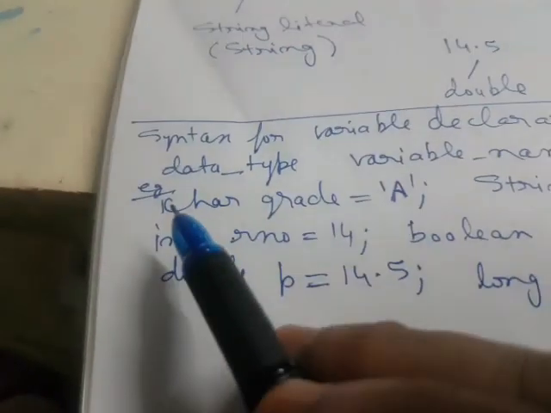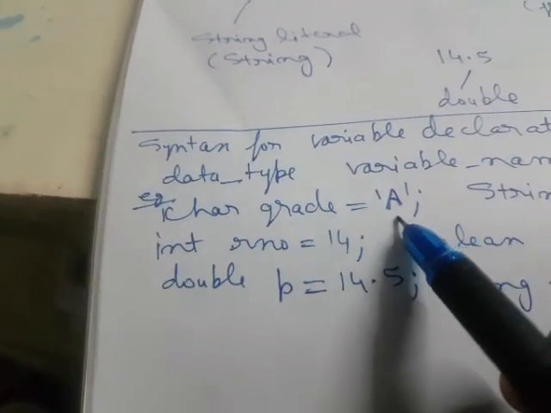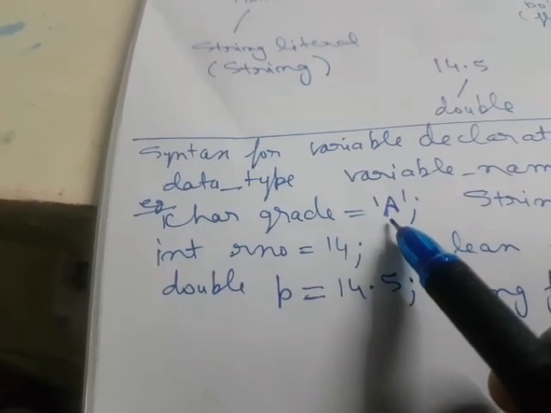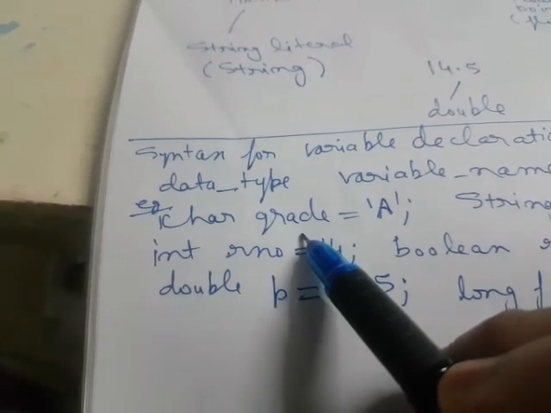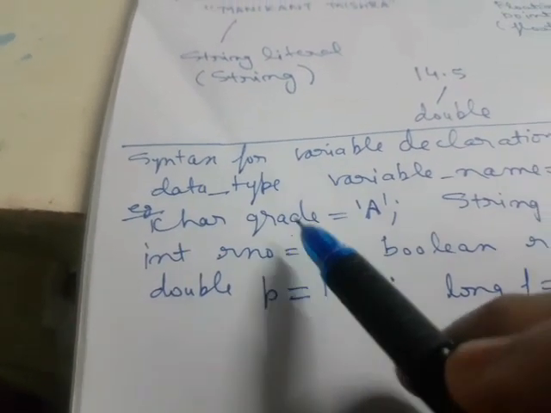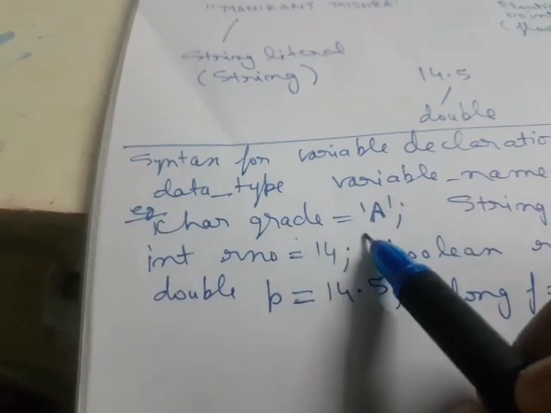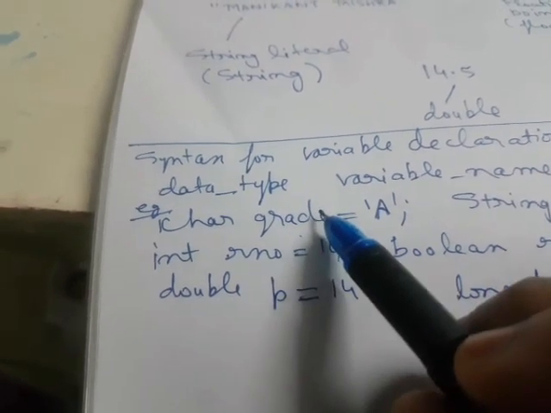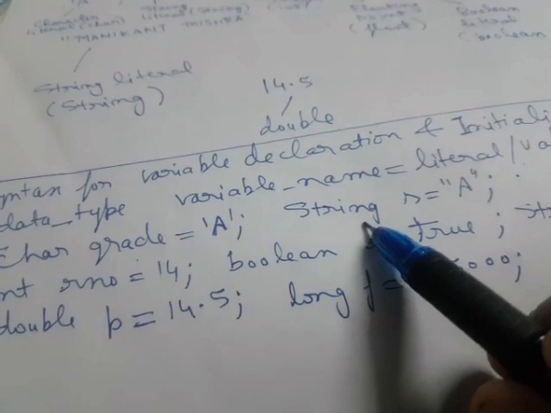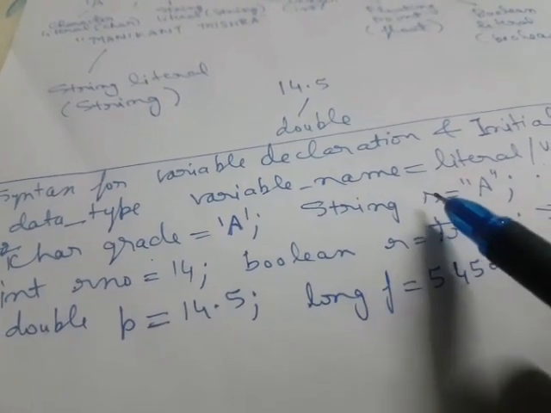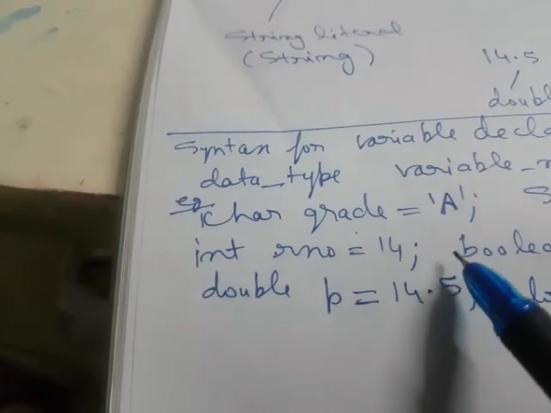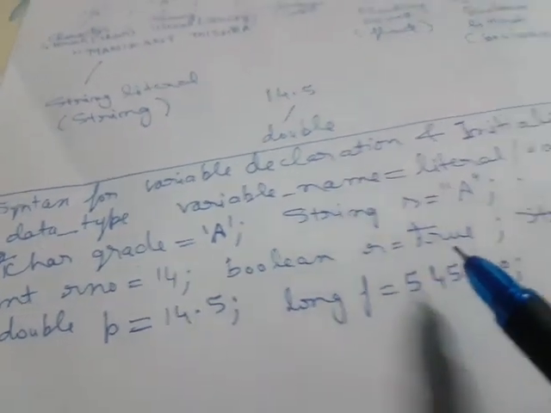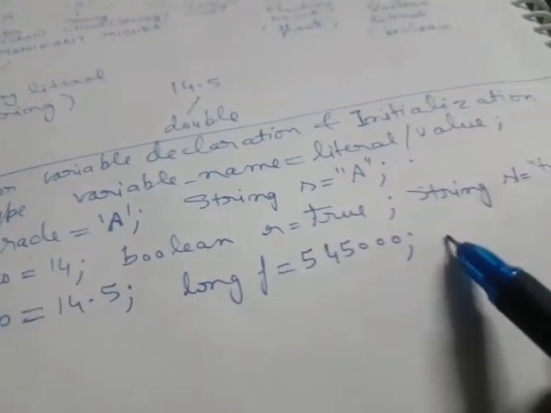After that we have got examples. Suppose I want to store a single character in single quotes, that is a character literal, so I'll declare a char. Any name can be there, following the naming rules. So char grade is there, assignment operator, and A will be assigned to grade. Then String s, double quotes A, will be assigned to s, that is of string type. Then we have got int rollNumber equal to 14, terminated by a semicolon, boolean r equal to true, then String